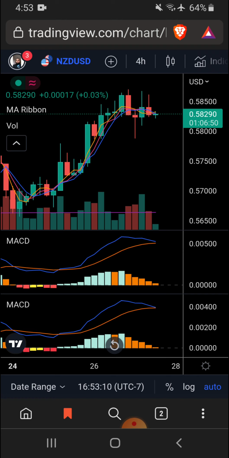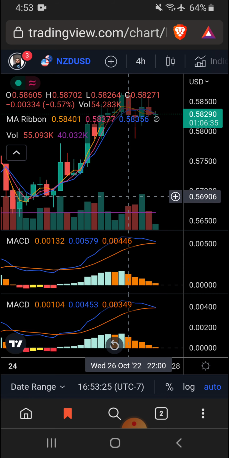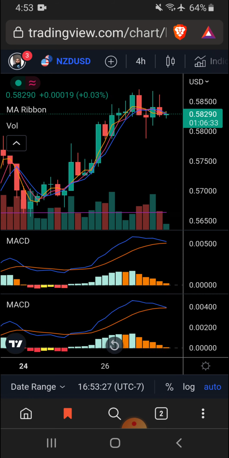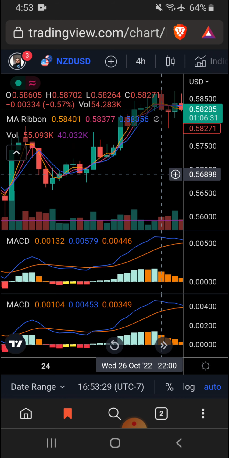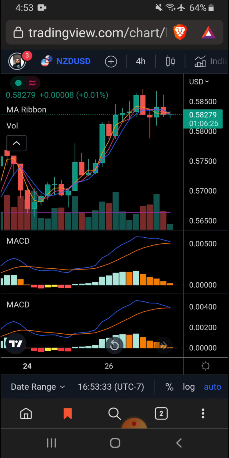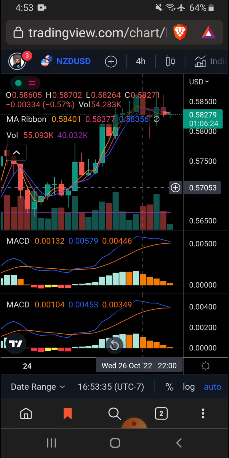I try to take signals with higher pip targets. I don't really want to go for a 9 and maybe think that it's not worth it. I should have taken it though, because it was this candle here at 2200 hours my time. It was a huge candle, but it was only giving me a 9-pip target. So the volume did really kick in,